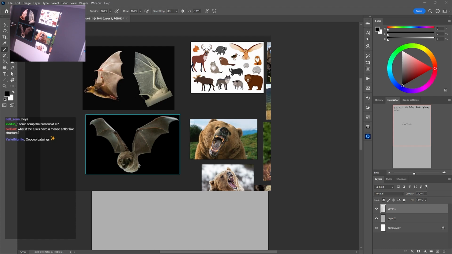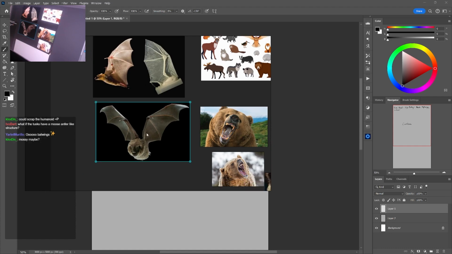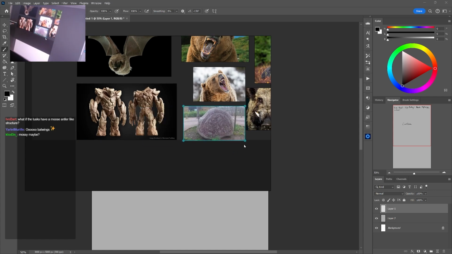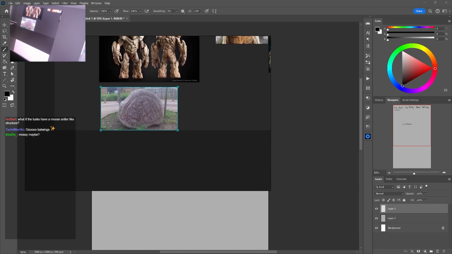So we want some stone features in him. Okay. Mossy, yeah, I like the mossy idea. We're mainly looking for some shapes, to see what we can incorporate. I think maybe, what if we looked at Nordic runes on stone, something like that? I think that'd be pretty cool. So we can look at runes with Nordic symbols and stuff on it. I don't actually know what everything means, so I don't really want to use the actual symbols, but some of the shapes I think we can borrow from.